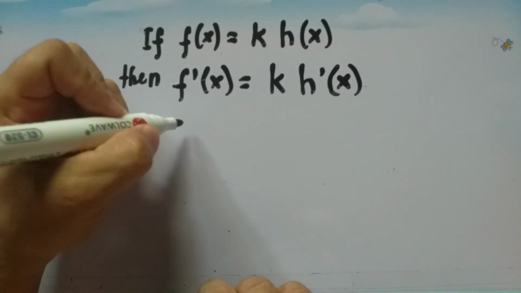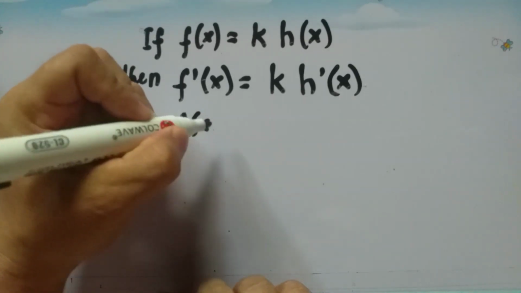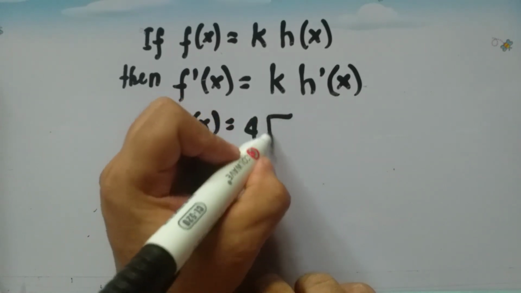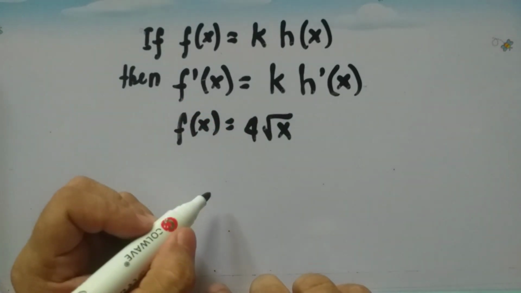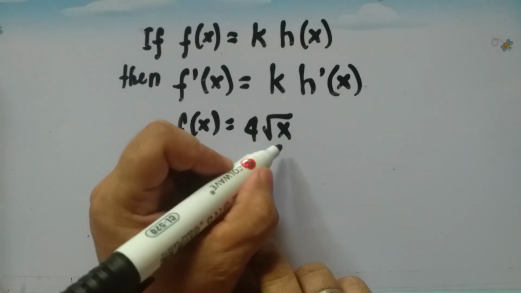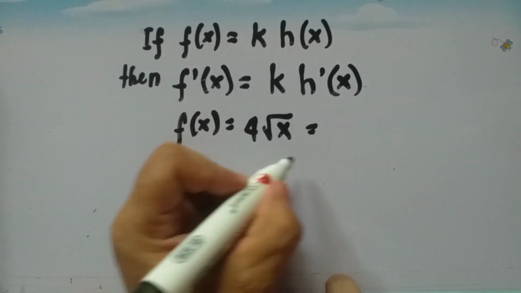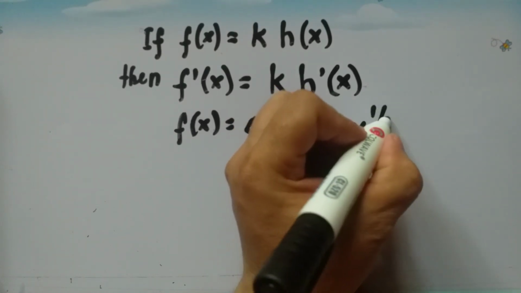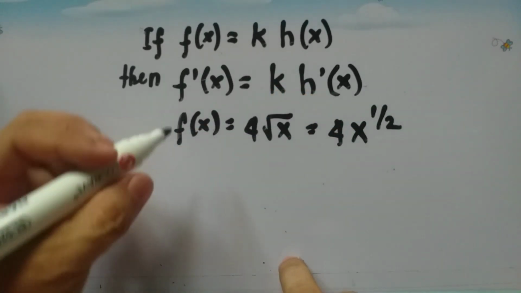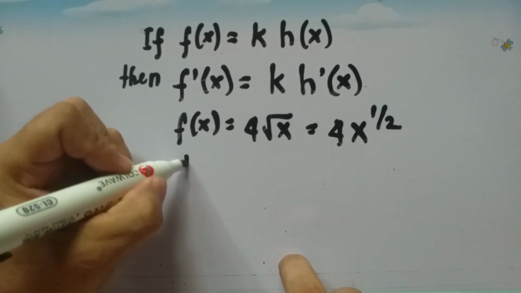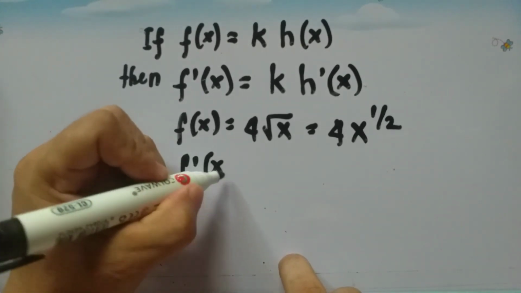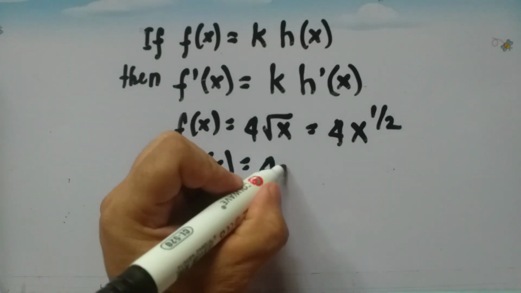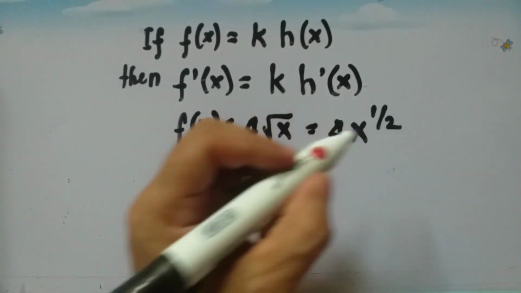Another example, we have f of x is equal to 4 times the square root of x. So 4 times the square root of x can be written as 4 times x raised to 1/2. So let us get the derivative. f prime of x is equal to 4 times, so our exponent is 1/2